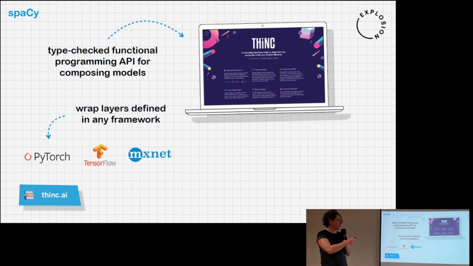So as I said, the key feature is that you can wrap layers defined in other frameworks. You can even stitch together models that are implemented in multiple ones and have them backpropagate to each other. So you can have some layers that are defined in something like MXNet and some other layers that are defined in PyTorch, and the model will learn to pass gradients between them, and ideally not even copy the tensors through this if the libraries support an array interchange format.